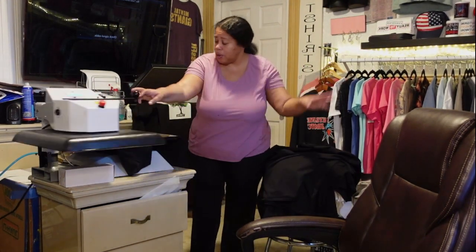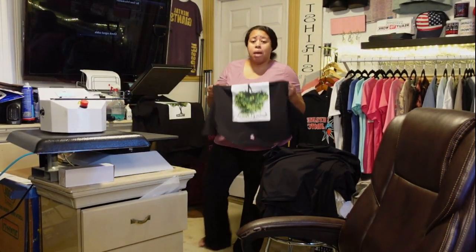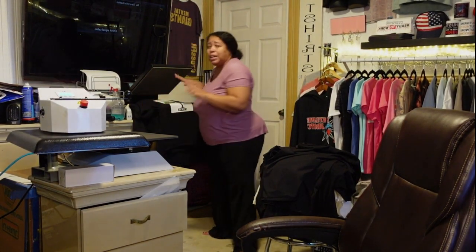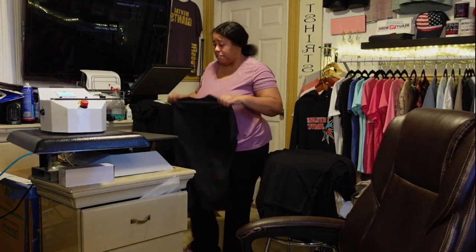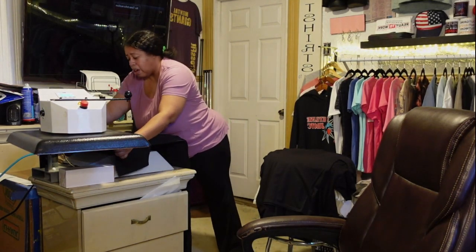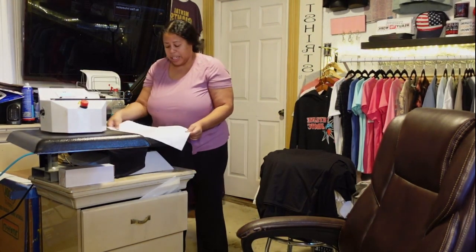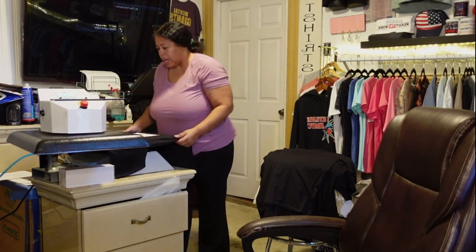Trust me, I've been doing this stuff over 20 years. I know everything about heat pressing. Even though I do a lot of screen print now, this is where I started, right? Nobody does it better than T. So I got all kind of tips for y'all that you can do. Now, you can even spice these transfers up. Back in the day, I would do photos with,